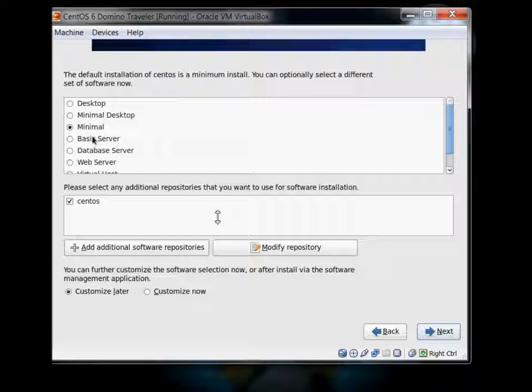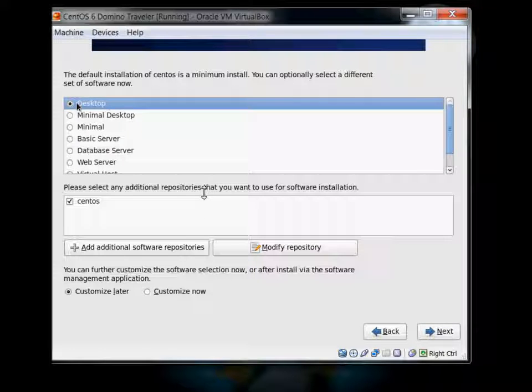Minimal would actually work just fine for me, except for the fact that I personally have never configured Domino or Traveler without the aid of the graphical user environment on the server. It can be done. People have done it. Super hot magical admins do it all the time in a pure text-only, command line environment, and they're good at that. I'm not. I'm more comfortable with the graphical environment, so I'm just going to say,